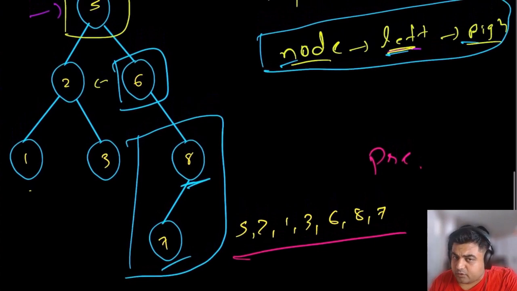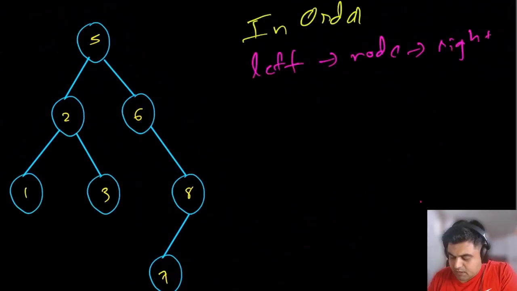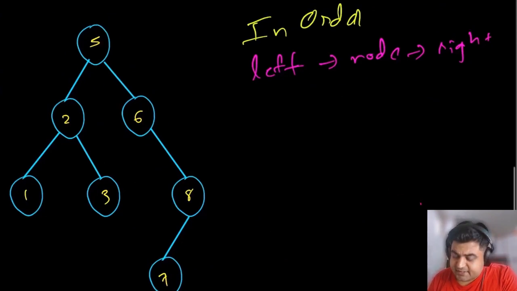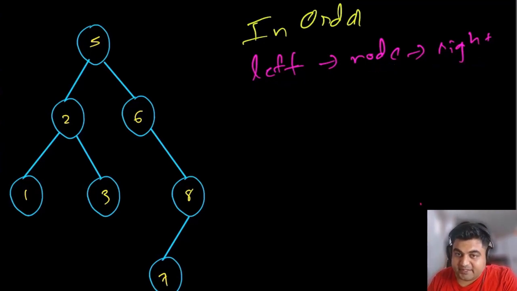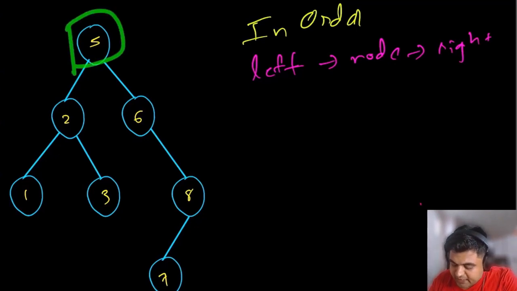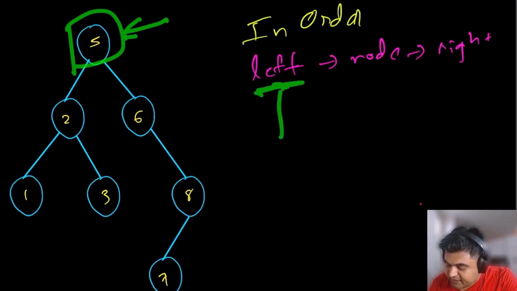Now let's see what the in-order traversal looks like. Let me clean this up a bit. For the in-order traversal, there is a slight difference: first we are going to iterate the entire left subtree, then we are going to visit the node, and then we are going to visit the entire right subtree, and we are going to recursively or iteratively keep repeating the same thing for the entirety of the tree. So we again start the traversal from our root, but we will have to visit the entire left subtree before visiting the root node.